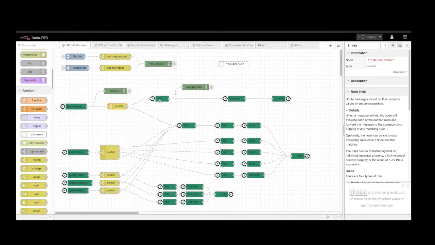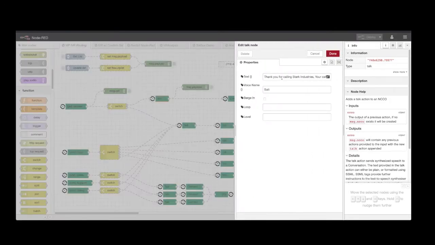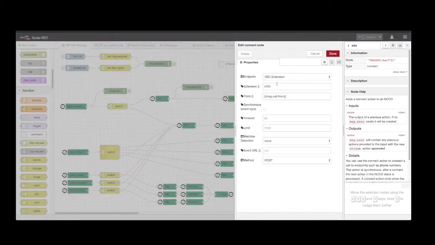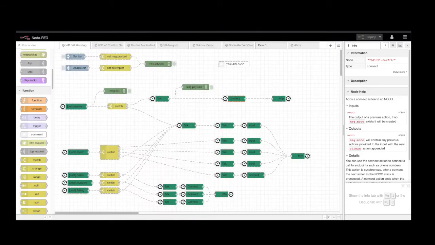If the answer is yes, it will present a message to the customer, letting them know that they are identified as a VIP, and it will connect them over to a VBC extension, in this case 4701, and it will send the caller ID of the caller through to the VBC extension as well, so they know who they're talking to. And it will end the call.